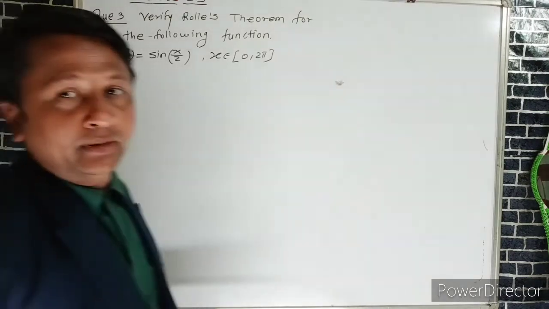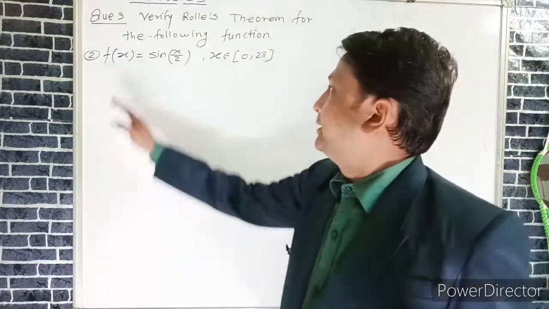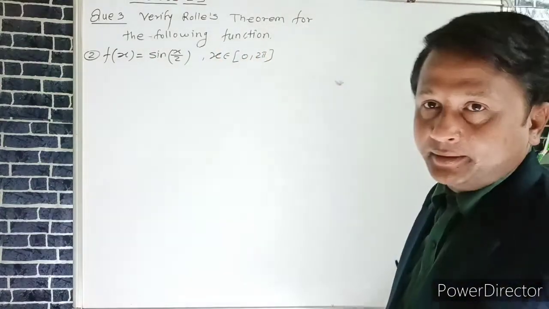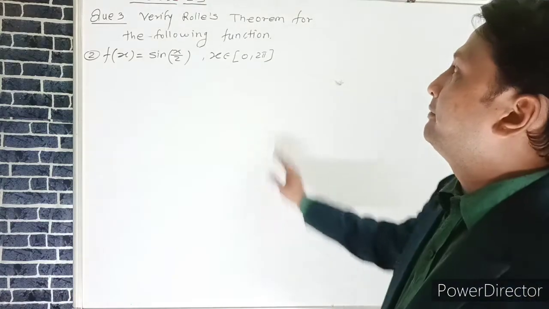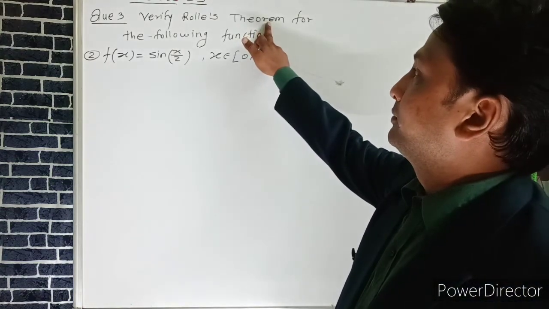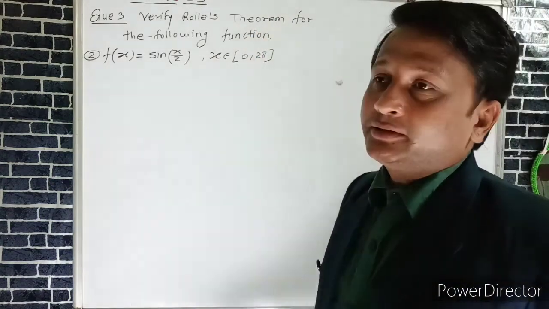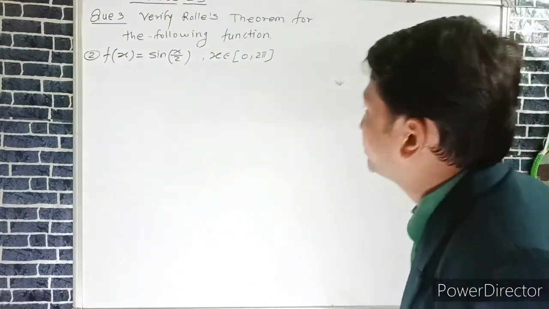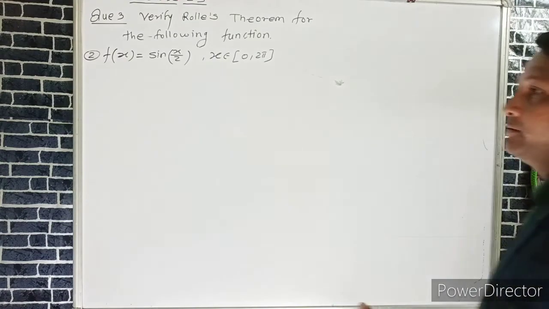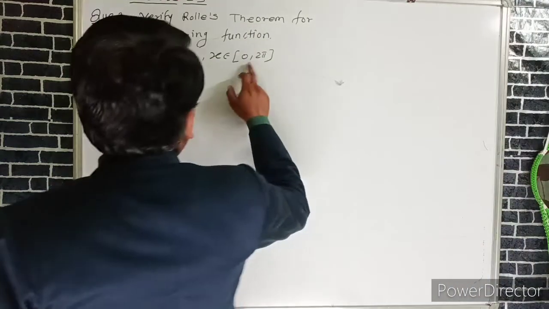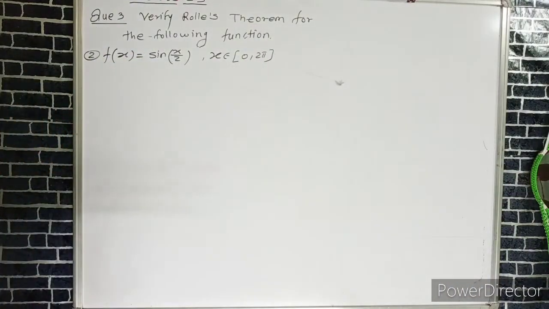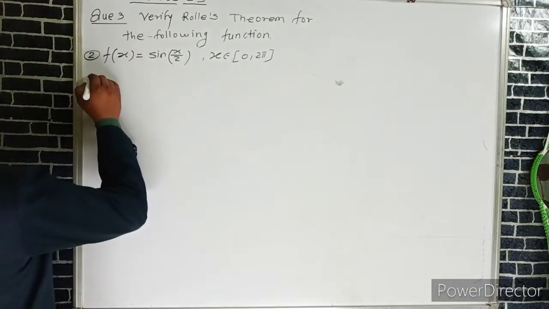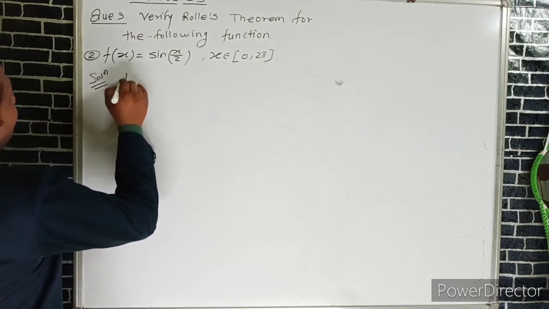Again, example number 2 in question number 3: f of x is equal to sin x by 2, and x belongs to 0 comma 2 pi. Here we have to again verify Rolle's theorem. If the given function satisfies all the conditions of Rolle's theorem, then at x is equal to c we can verify the value of c which belongs to 0 comma 2 pi by using f dash of c is equal to 0. So first, we take